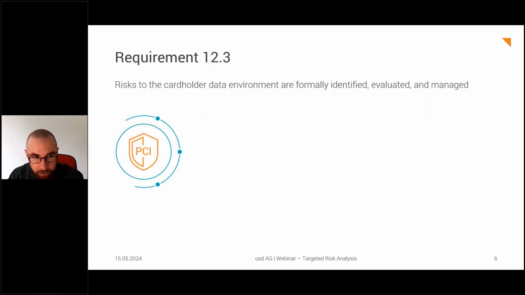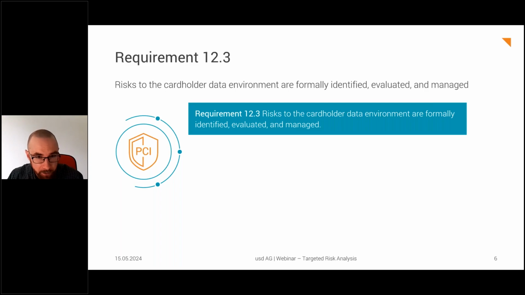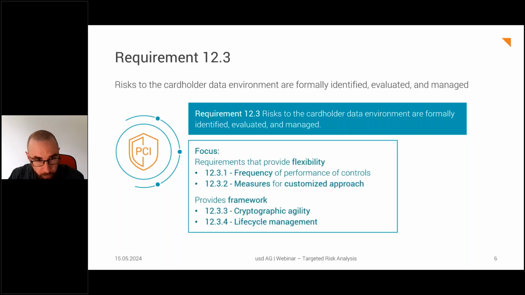So the main requirement that we want to talk about today is requirement 12.3. This is about risks, and that risks to the cardholder data environment are formally identified, evaluated, and managed. This requirement has 4 components, or 4 sub-requirements. One part of it is sub-requirements 12.3.1 and 12.3.2, which are about